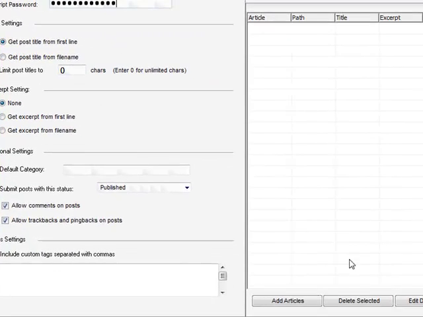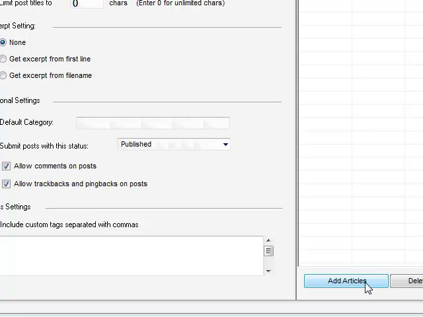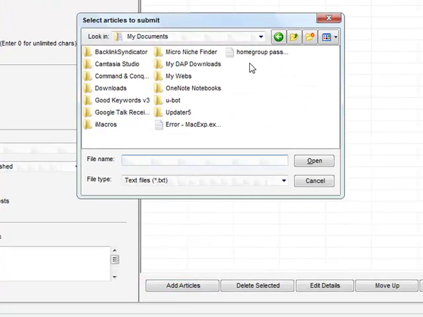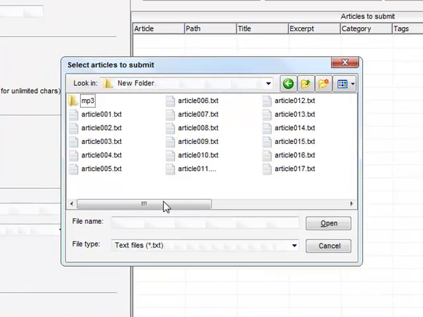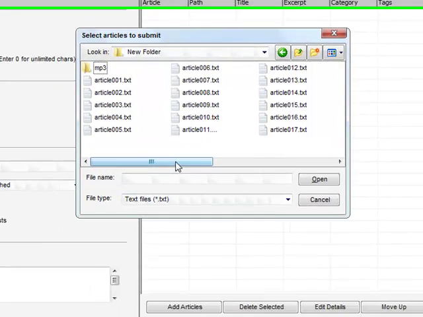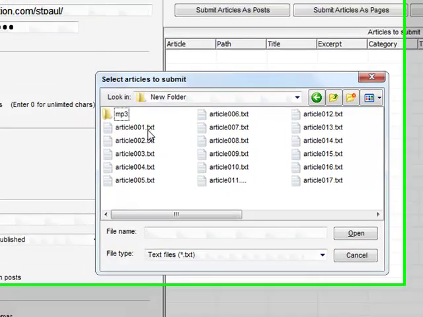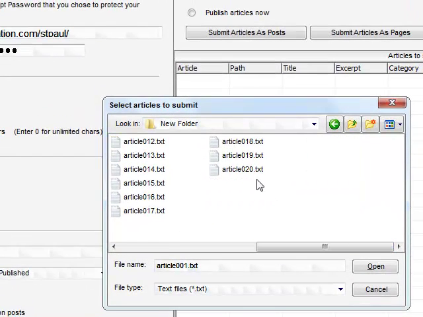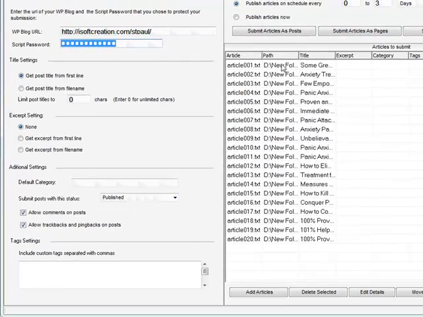Before I explain this to you, we'll get the articles first. So I'm going to get the articles right here. I already have a bunch of articles generated from the shuffler, and I have used the spinner, and I'm just going to select a bunch of articles right here. I generated 20 articles,